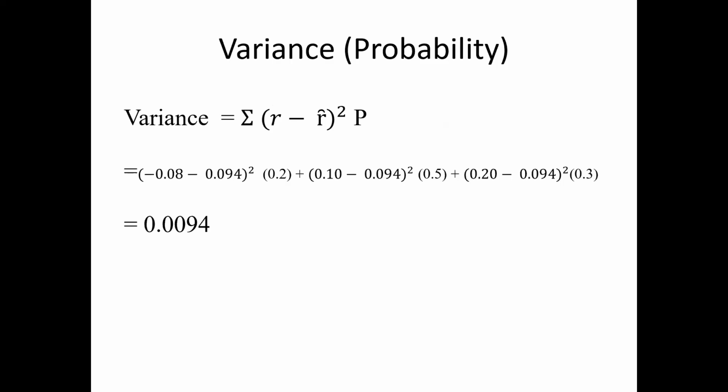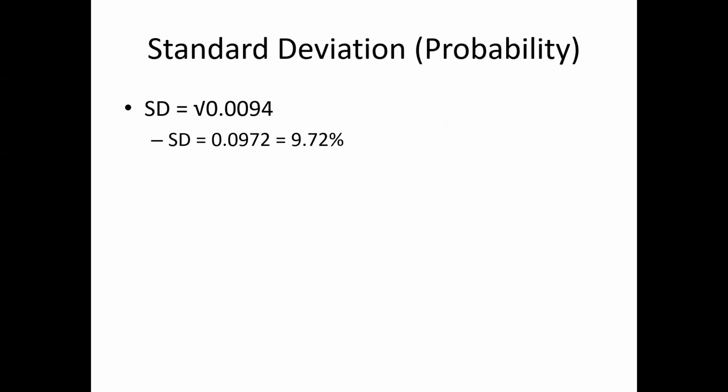Then we have the variance. Okay, the variance is sigma of return minus mean, squared, times probability. So that is it. The variance is the return minus the mean times the probability, for each state. Then this is what we have as variance. We determine the risk of the firm, and we square root it to get the standard deviation.